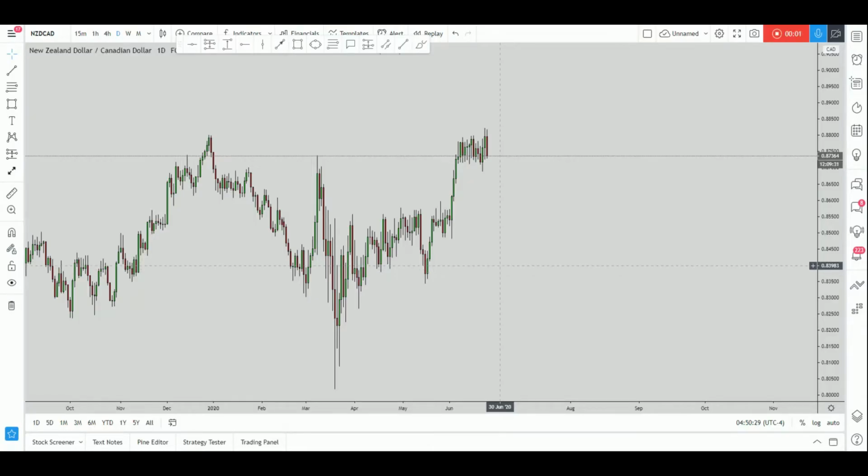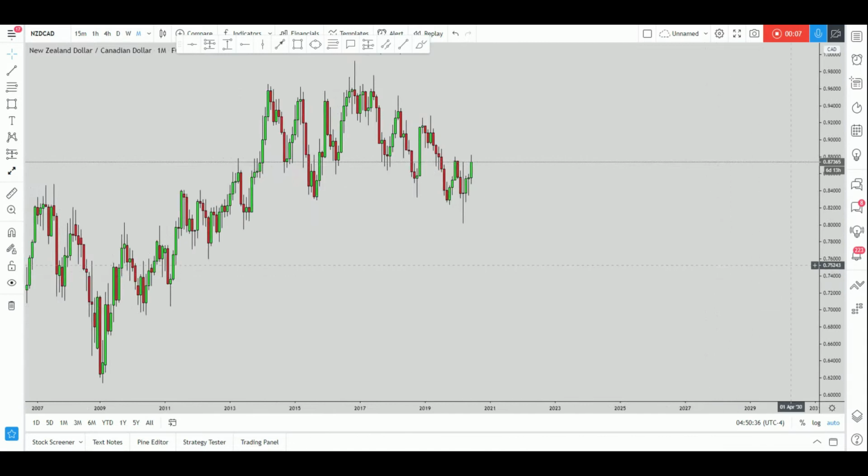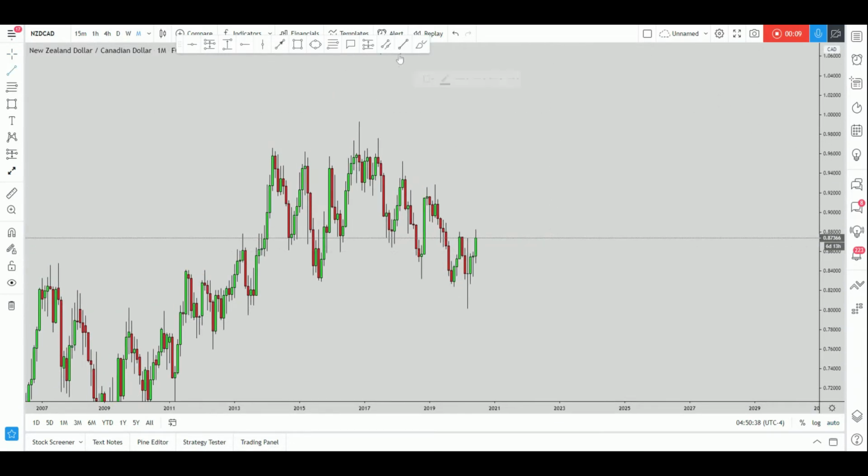Okay, so what kind of situation do we currently have on NZD CAD? Now let's start our analysis from the monthly time frame. On the monthly, what we can clearly see is that the market is currently testing this very strong descending trend line. It was resistance here, again resistance here, again resistance here, acting as resistance around this area as well, and now it is acting as resistance here, and we definitely expect the market to show a reaction